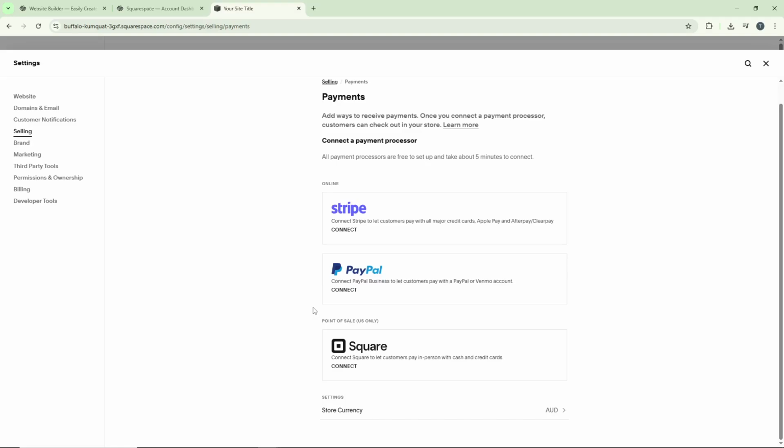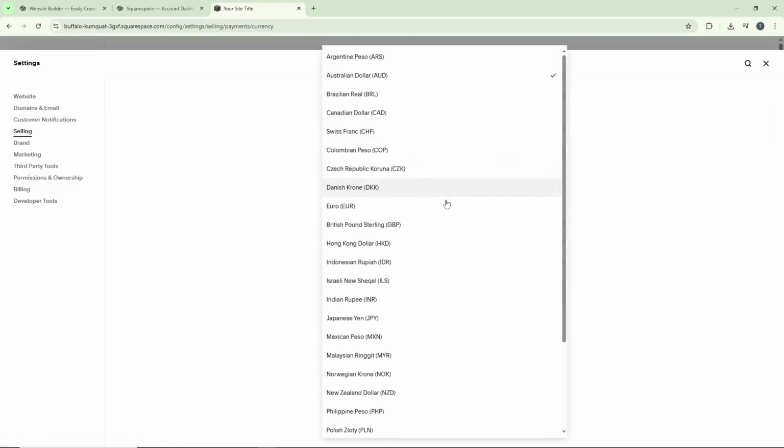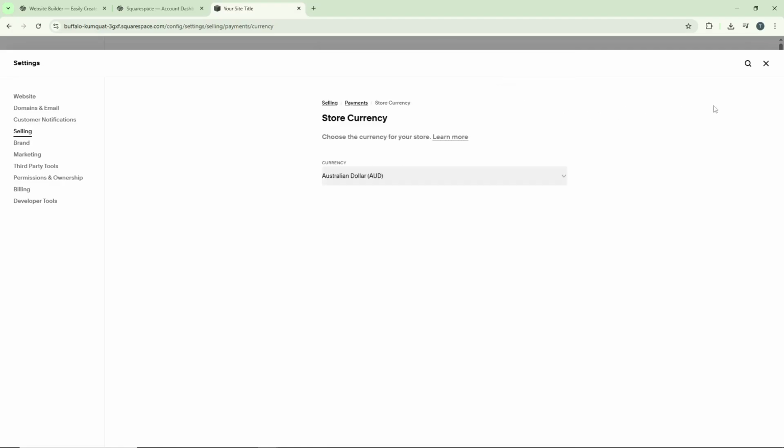Finally, scroll down in the Payments section until you find Store Currency. Click on this option and select the currency you want to accept for your transactions. This ensures that all prices on your site and all payments you receive will be in your preferred currency. And that's it. You've successfully set up payment processing on your Squarespace website, and you're now ready to start accepting